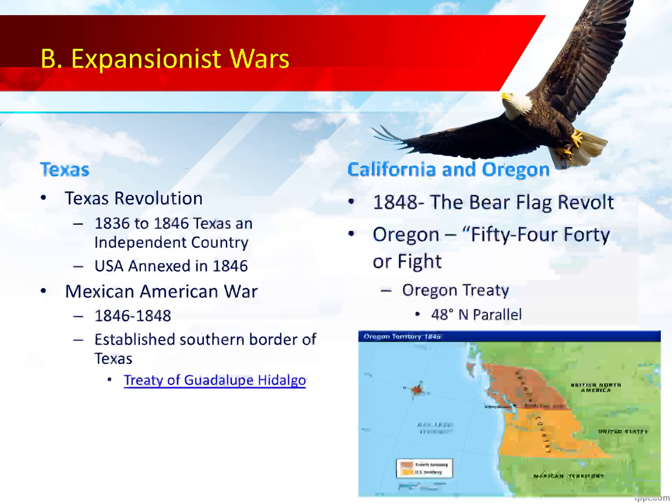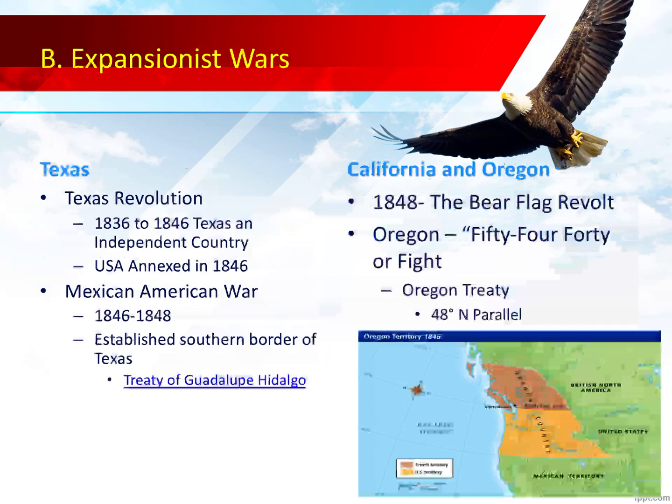And so you had the saying out west, 54-40 or fight. 54-40 is the northern parallel, which basically would have touched modern day Alaska's southern peninsula, panhandle. But in a diplomatic arrangement, the United States and Britain agreed to keep the 49th parallel as the boundary between the United States and Britain all the way to the Pacific Ocean.